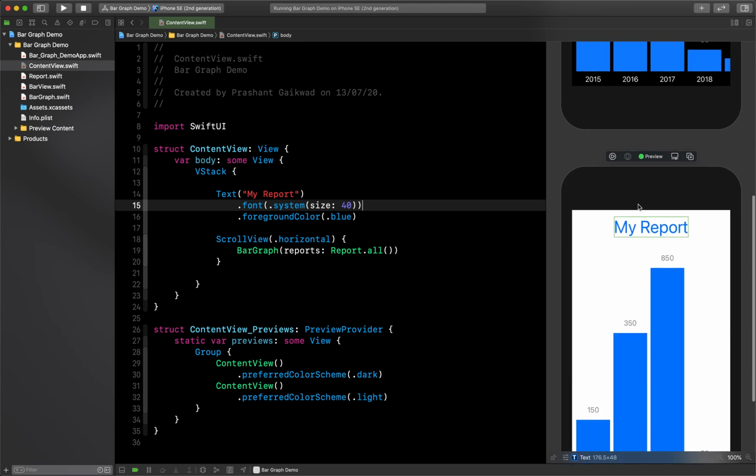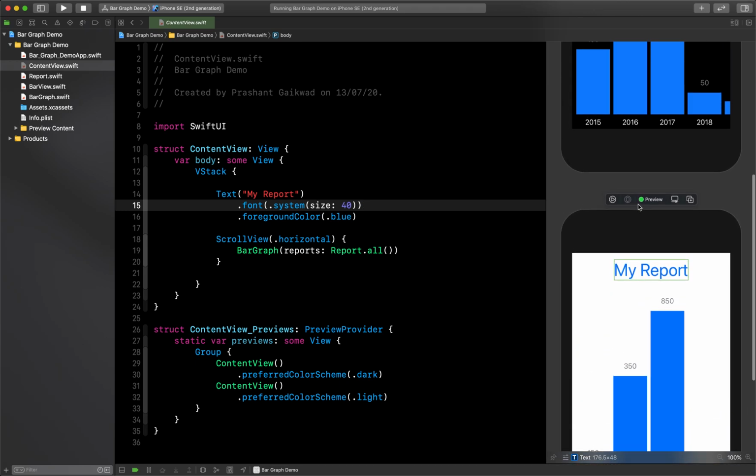So thank you guys, this was all about how you can create a bar graph